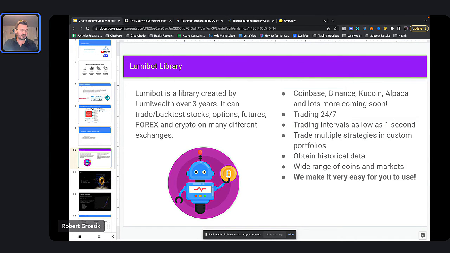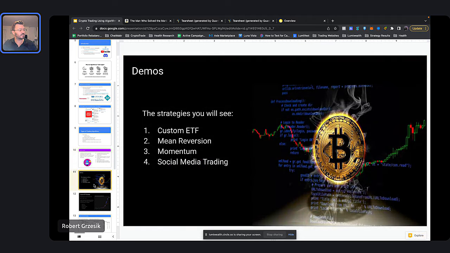But okay, so let's show you a couple of demos. Like I said, there's quite a few different types of trading algorithms. When you go through our full class, you're going to get access to the code for all of these, right? So if you want the code, you could just take this and run it on your computer. But we have a lot more than this as well. I'm just showing you 4 demos here. We have a big library that you can use to create all these different types of algorithms, and a lot of ones that just work right out of the box.